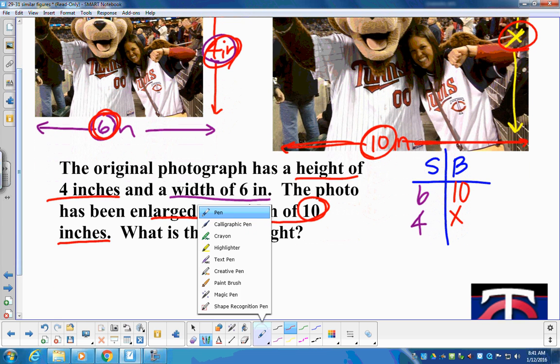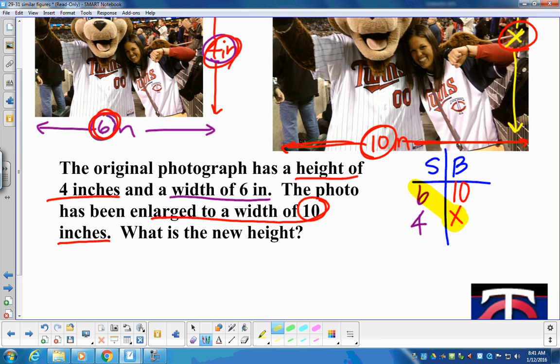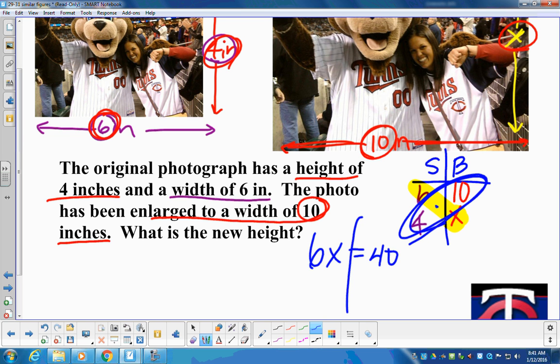Cross product. So here we go. We grab the variable X. We multiply times 6. That gives us 6 times X equals. Multiplying that other diagonal of 4 times 10 is 40. Hand method kicks in. Divide by 6, copy, paste. We end up getting